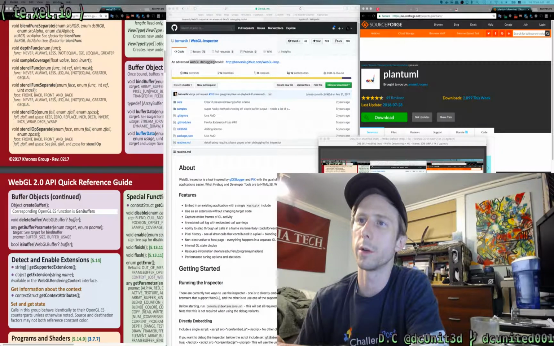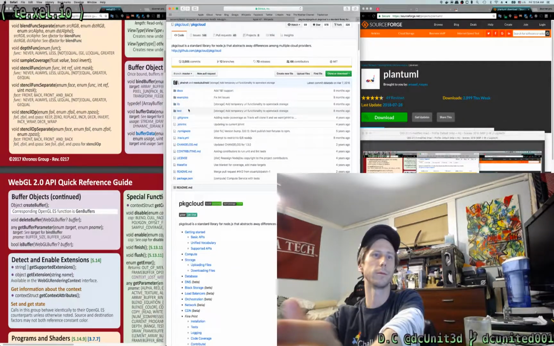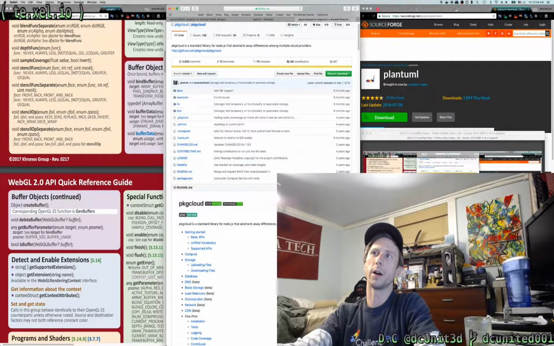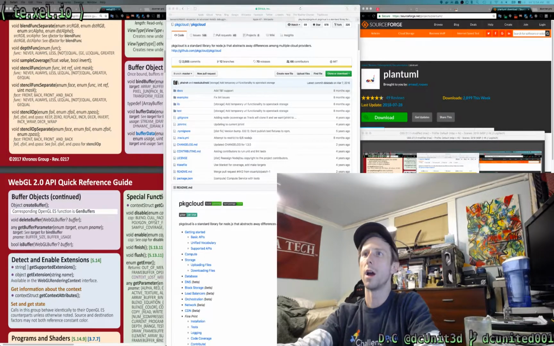Okay, so PKG Cloud is another good library to look at. If you browse through the source, you're going to see logic for abstracting across multiple APIs. The best way to internalize the specifics of the APIs for a cloud provider is to figure out if they've got an OpenAPI specification, and then there's lots of tools that you can use to generate PlantUML or some kind of UML description. And then from there you generate the Graphviz diagram,